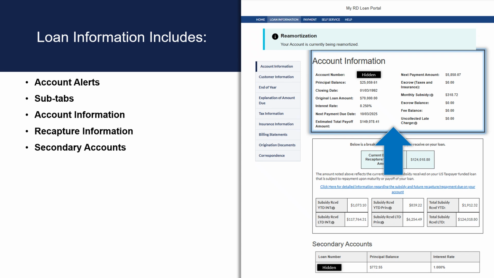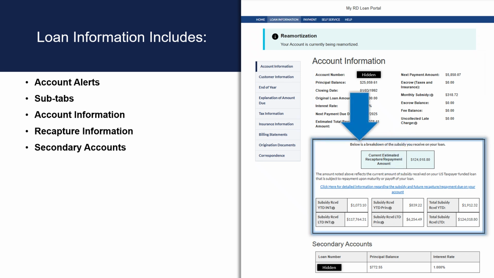Previously, we viewed the Account Information section in the Loan Information tab. The next area in this tab is the Subsidy Information section. It is located under the Account Information. This section provides a breakdown of subsidy recapture information, and it includes the subsidy received over the life of the loan,